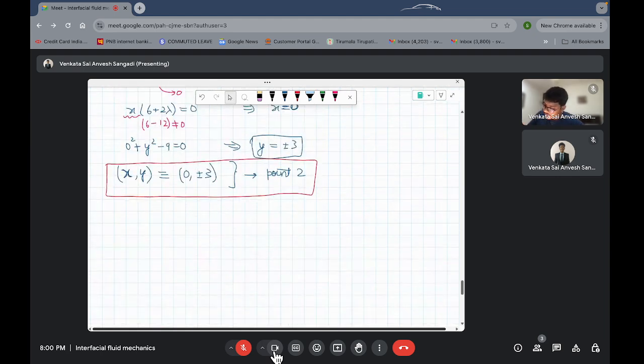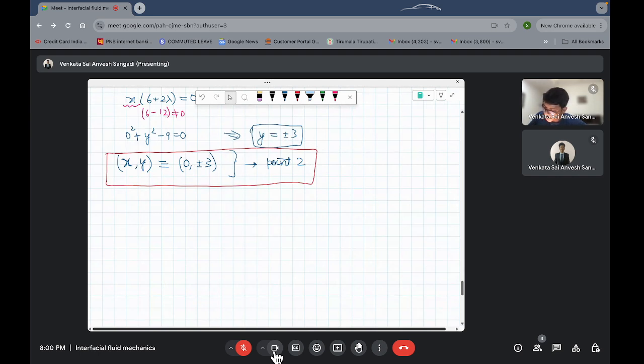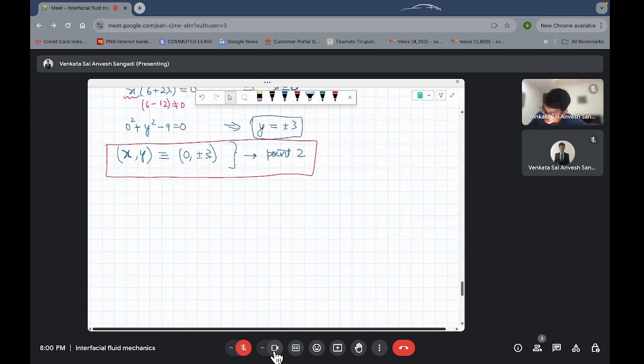Therefore we need to find the maxima. To find the maxima point, we substitute the values of plus or minus 3 comma 0 into the equation,